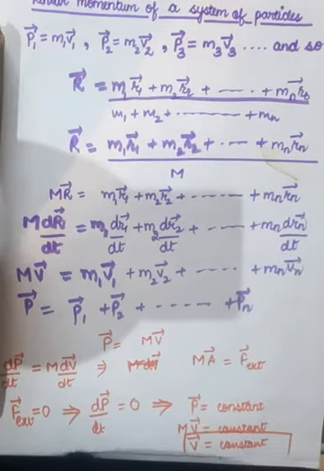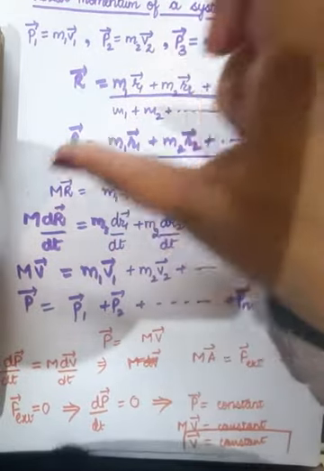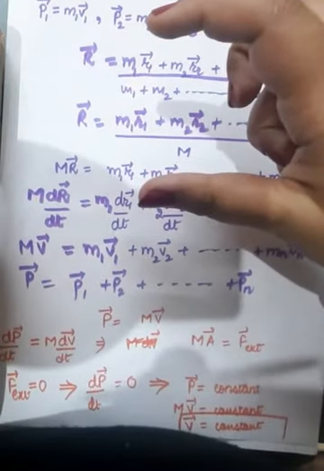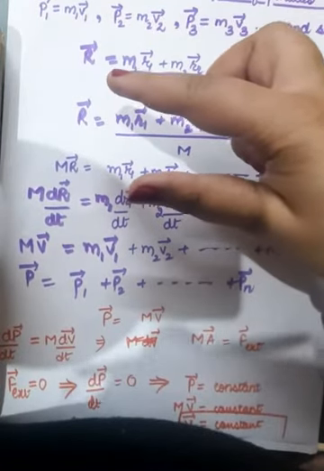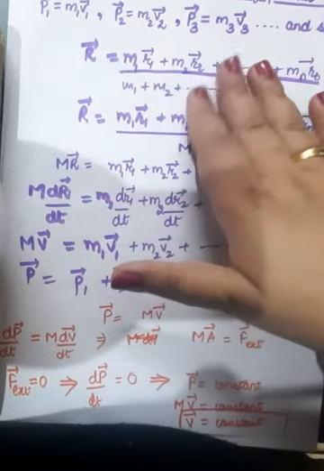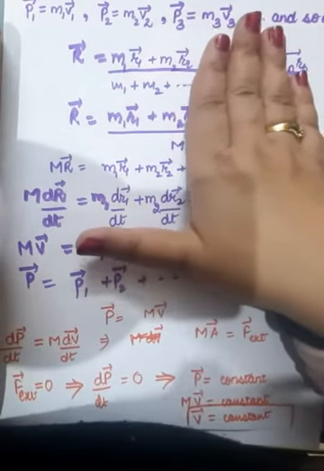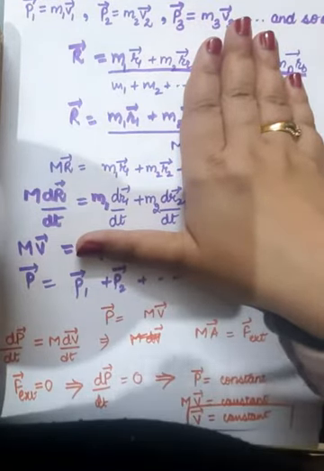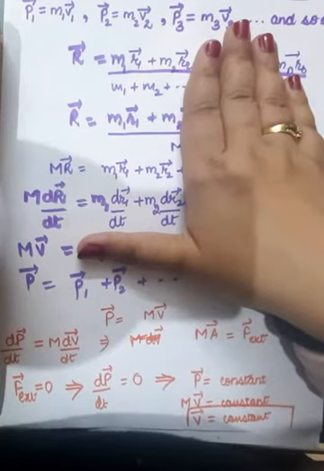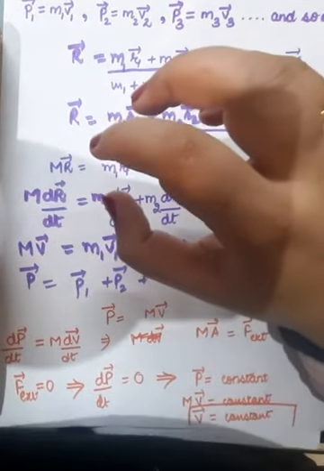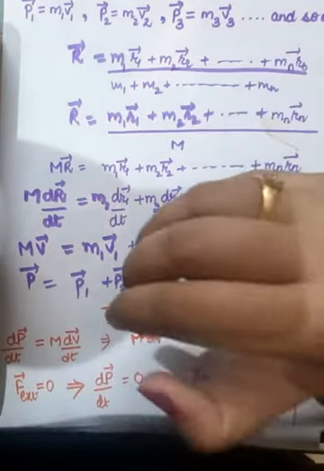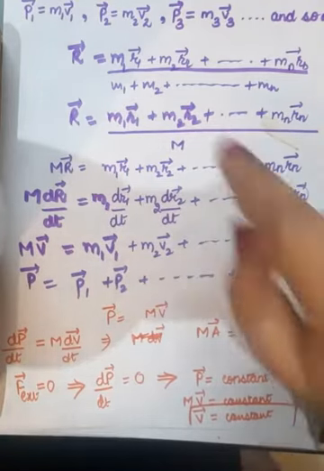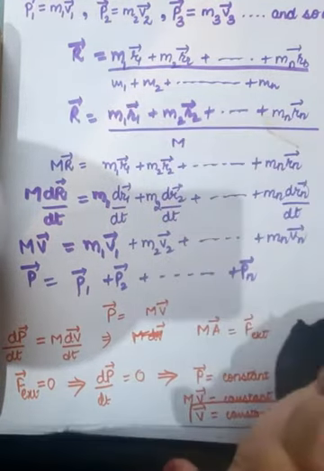And you know that when you have a two particle system, the center of mass always lies on the line joining those two particles, and the position vector of center of mass of two particles is given by r vector equals m1 r1 vector plus m2 r2 vector divided by m1 plus m2. But when this system is extended from two particles to n particles, then the position vector of center of mass can be written like this. R vector has this value, right?